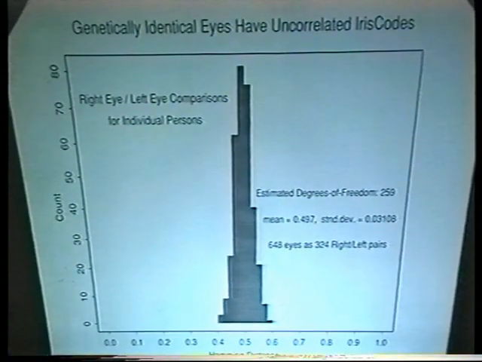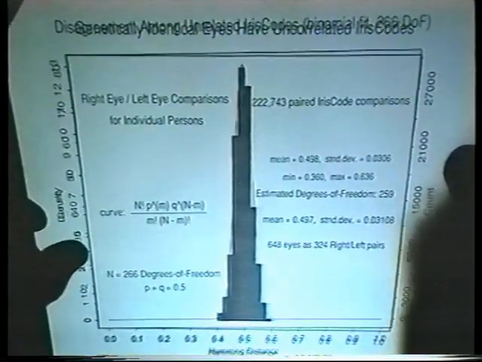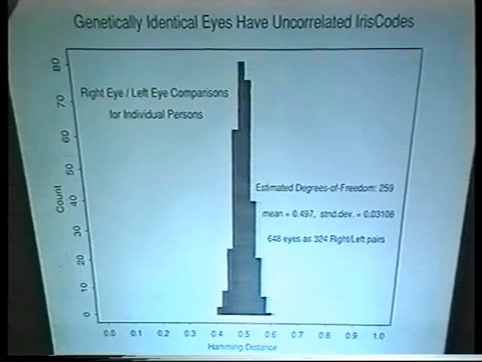And as you can see, although it's less data than in the previous distribution, it's clearly the same kind of distribution when superimposed. It's essentially well described by the same curve. What this means is that iris patterns are not genotypic features, but phenotypic features. They are structures that arise from development and are not genetically encoded.